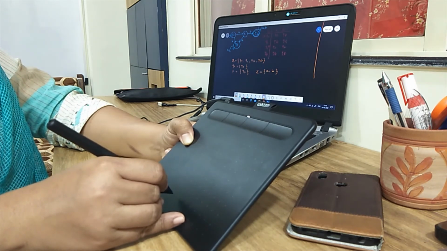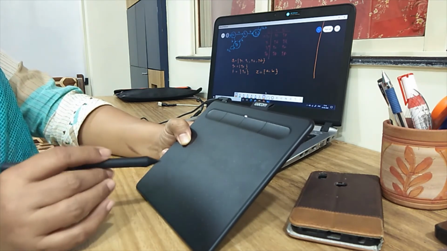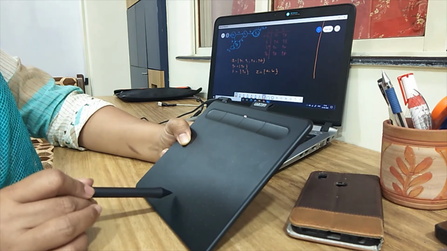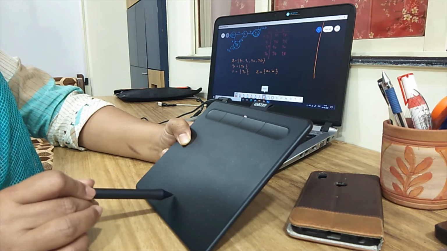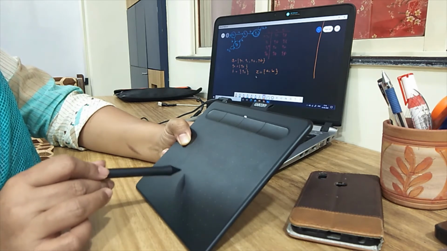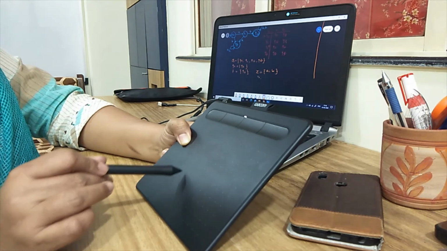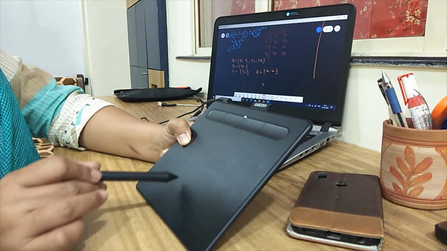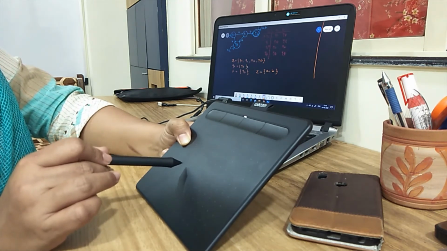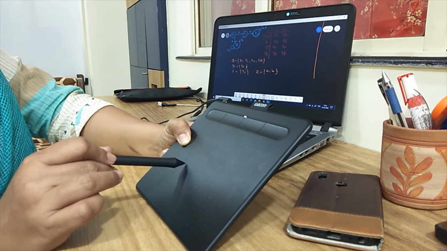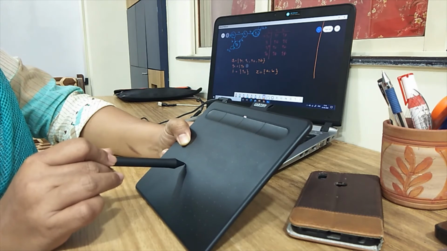You locate the eraser, and now I will show you. Locate the eraser, and then to select the eraser you have to click it. Once you click it, you just go, and now suppose I want to remove this, so see, to locate this, move it above the surface. To correct this, put it down on the tablet, and then use it like how you do it on paper.